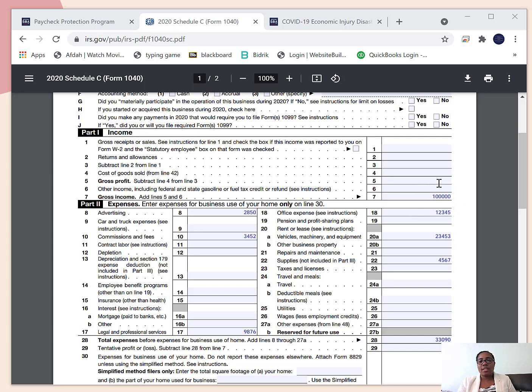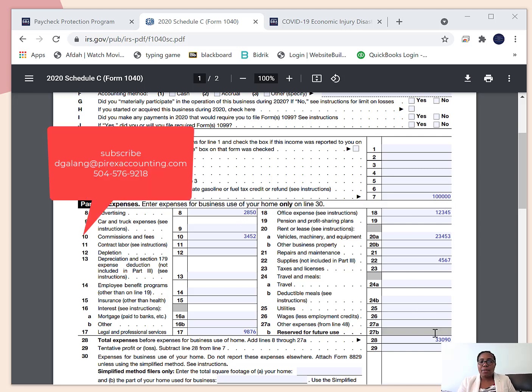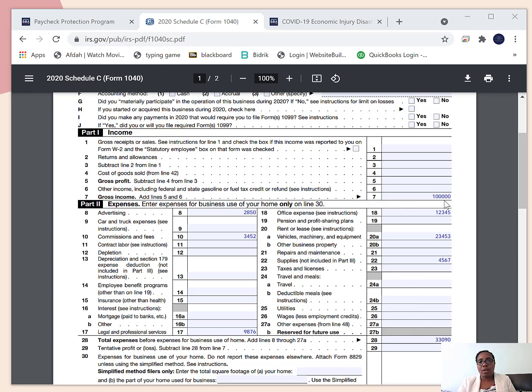So let's go in the scenario where you did a draft 2020 return and you maxed out at $100,000. The good thing is you can do a draft return. What that means is this is not the final return. You have to file with the IRS. So whatever you're giving the lender can be adjusted and modified at the time that you actually file it. Okay, so it's very important to note this is just giving them an estimate, guys. So I made $100,000. I put some expenses and I had about $33K in expenses. Okay. So they're going to give me PPP Loan 1,